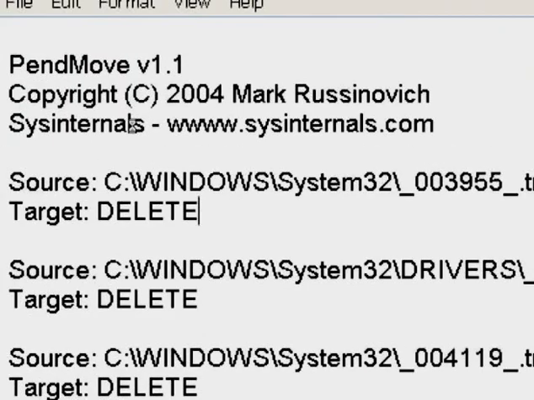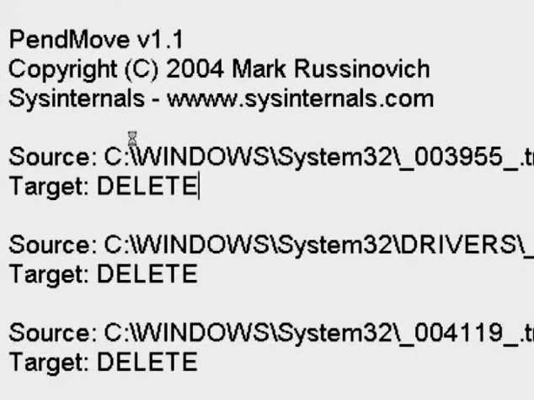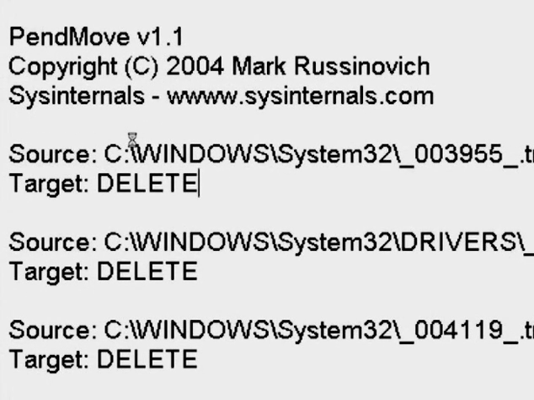For example, this first line in that output says that the source of the move is this temp DLL and that it's actually a delete operation. So we can surmise that what's happened here is that the service pack has renamed the currently used file, the one prior to the service pack, to this temporary name, dropped down the new version in its place, and then scheduled the deletion of this old copy at the next reboot.